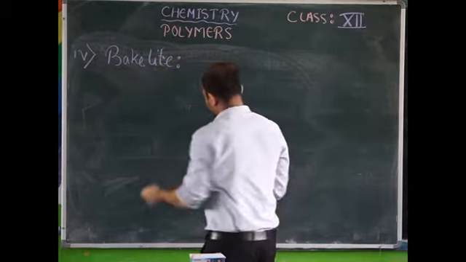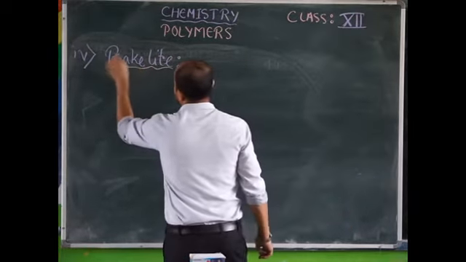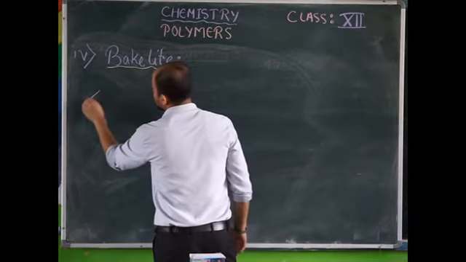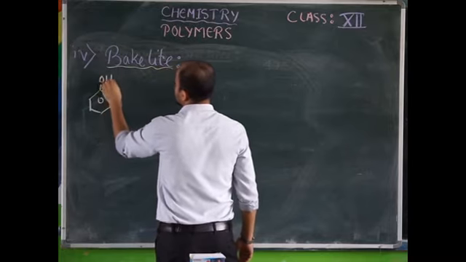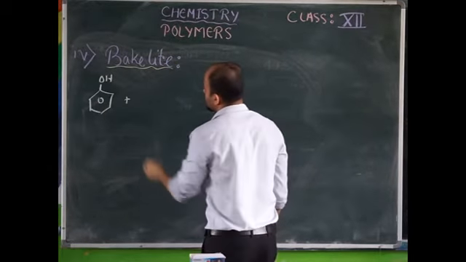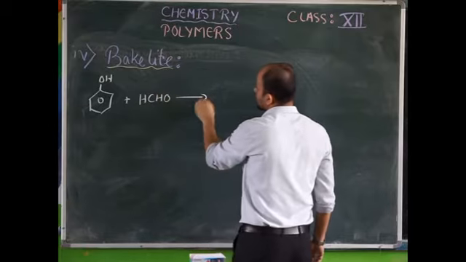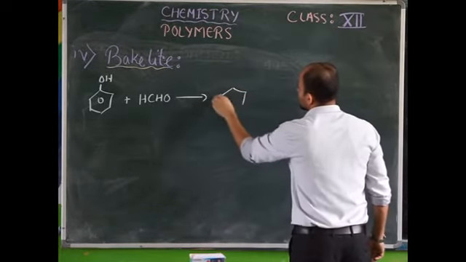Now here you have to remember the sequence of bonding here. The monomeric units of Bakelite are phenol. Whenever phenol is treated with formaldehyde, that is HCHO, a reaction will take place, as a result of which we get